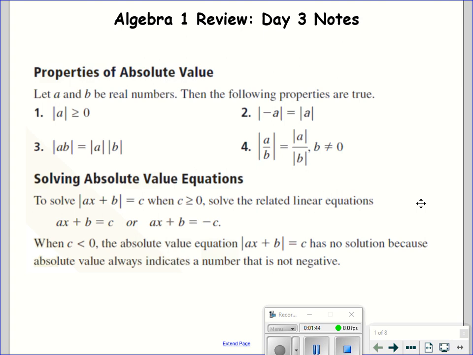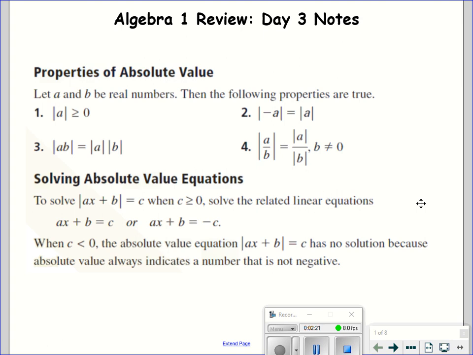You can see the output of an absolute value must be greater than or equal to 0, provided that that input is, in fact, a number and not an expression. That's number 1. Number 2 says that the absolute value of a negative number is going to be the same thing as the absolute value of that positive number. And then number 3, again, since it's kind of acting like multiplication, if we have a product inside an absolute value, we can simply multiply the two absolute values of those components together. And same thing with division for number 4 there. So just some properties that we've covered before.